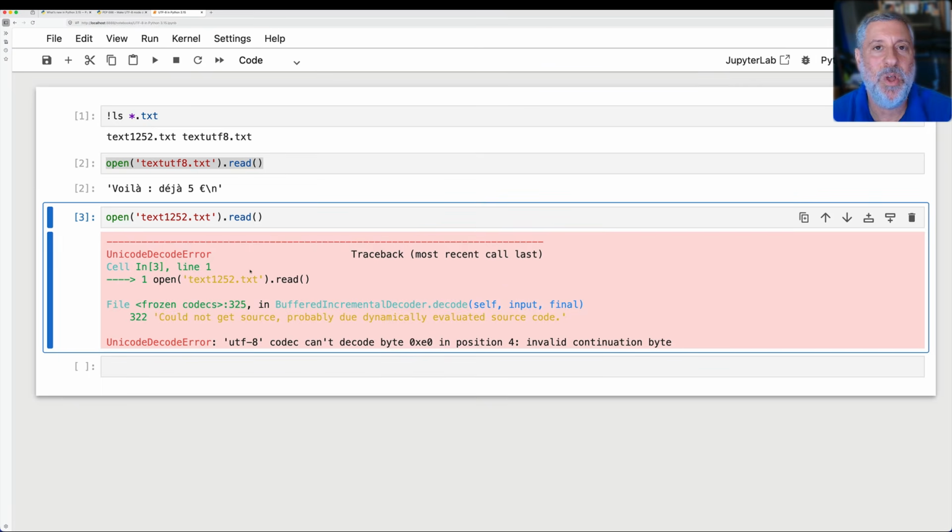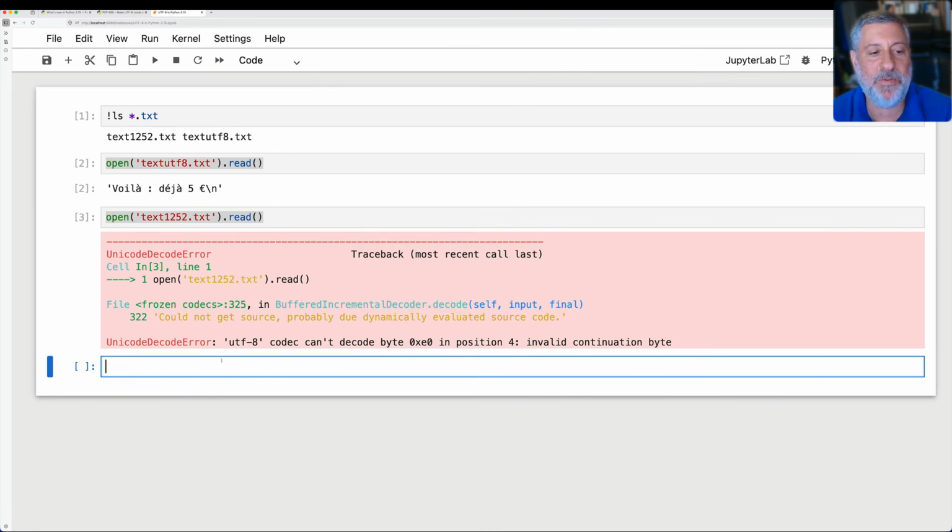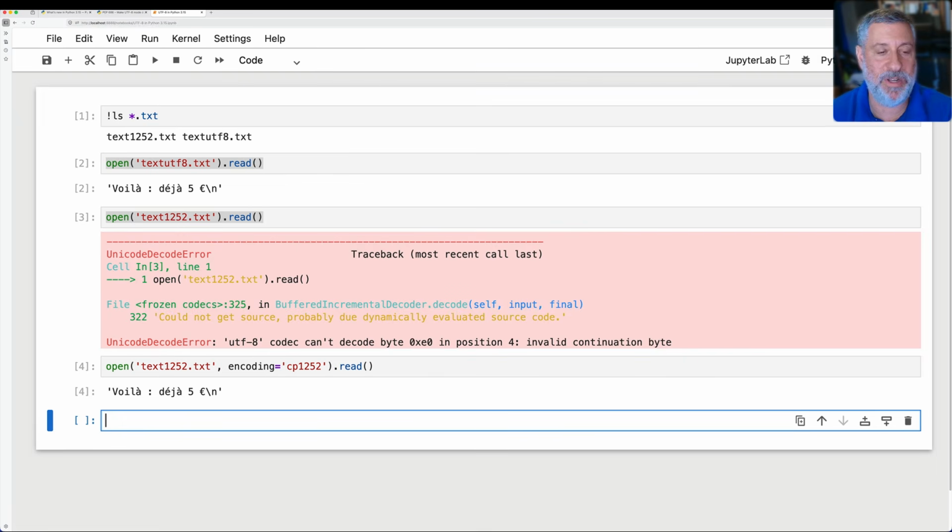So what happened? Well, we tried to read the characters. We tried to interpret them as UTF-8, and they were not. Can I read these? Of course I can. I just have to say here, encoding equals CP1252, and then it works just fine, and I read it in. So if you are working on Windows right now and you're reading in files that are CP1252 right now, you don't need to specify the encoding. But as soon as the 3.15 upgrade comes, you will need to specify it. Otherwise, you'll get the same error that I got on my Mac here.